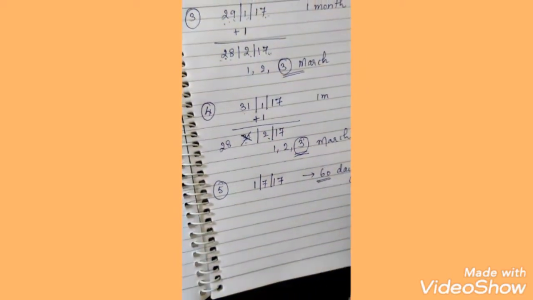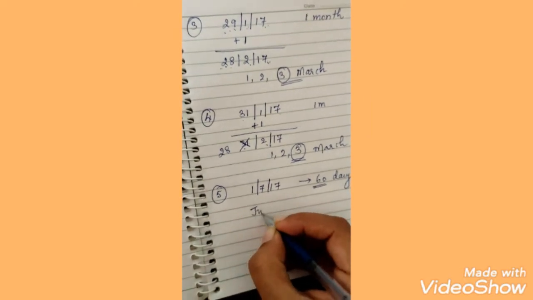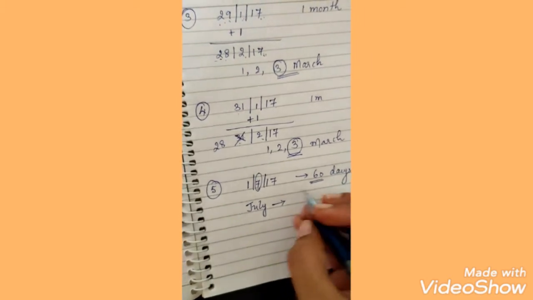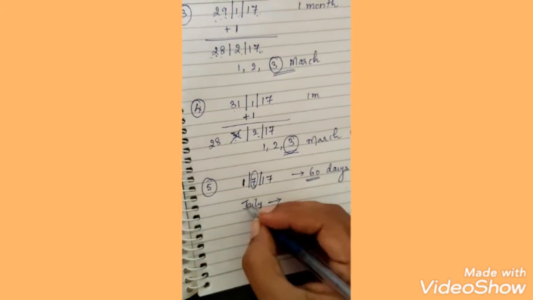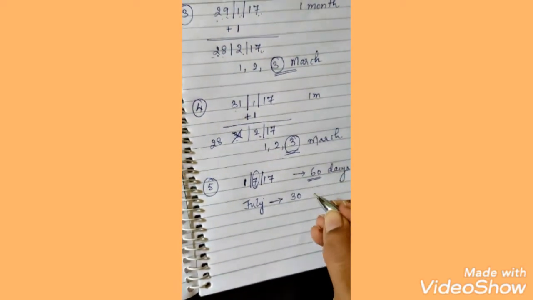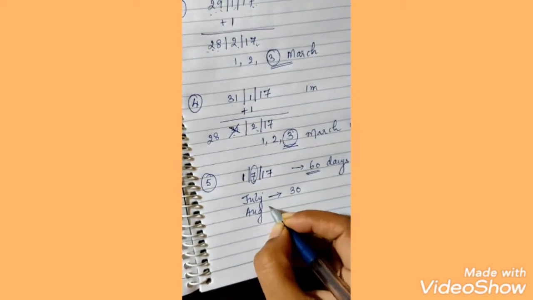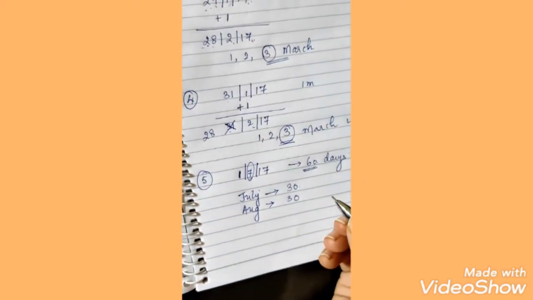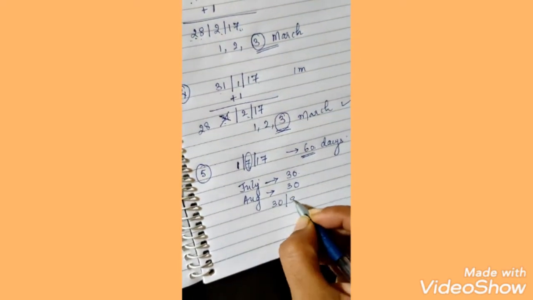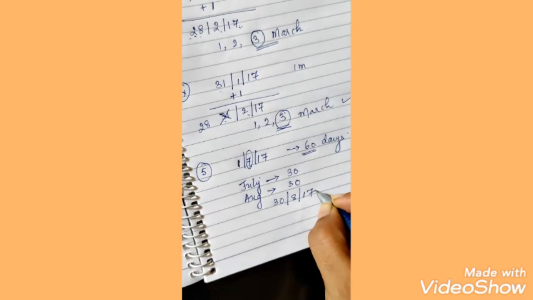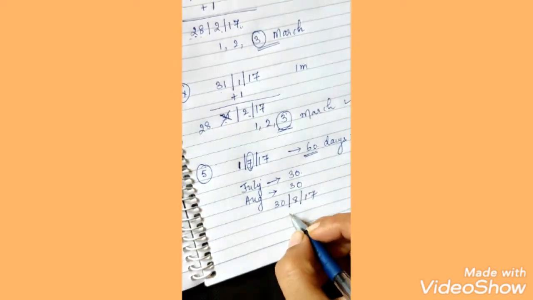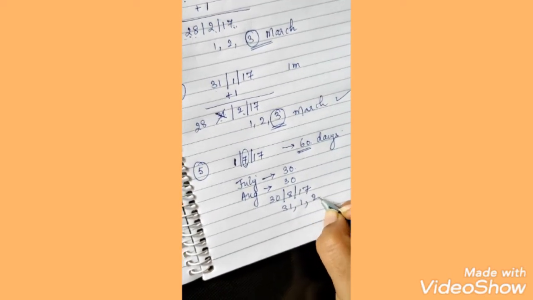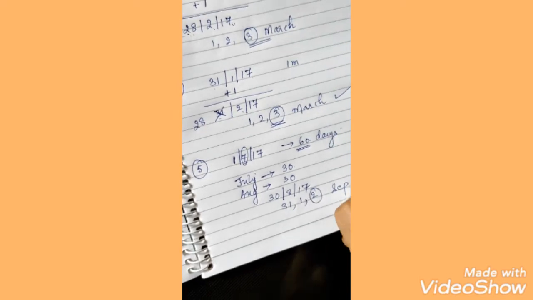60 days means, first of all, this is the month of July, right? 7 is nothing but July. How many days do we have in July? 31. But the bill is already drawn on 1st. So how many days of July will you count here? Only 30. And then August. Now out of 60, we have already counted 30 days. The leftover part is 30 days, right? So on 30th August 2017, you now have to count 3 more days of grace. So 31st August, then 1st September and 2nd September. So I'll reach 2nd September.